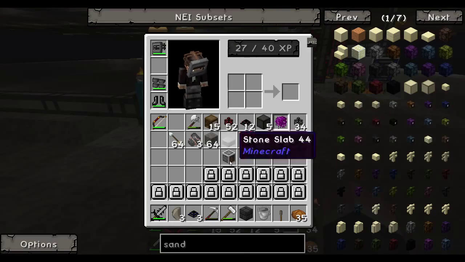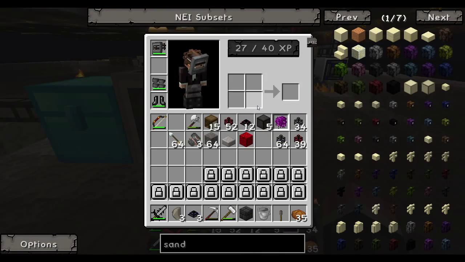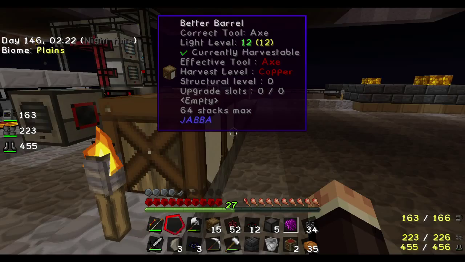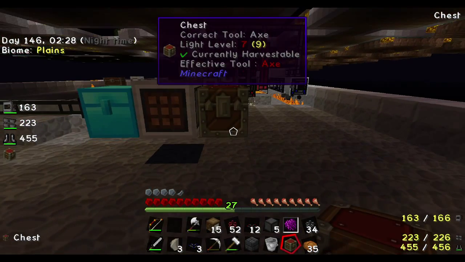And then you want your auto packager, which is here. Put that like that, and then on the other side of it, you need another chest, which I don't have. Let me go for it. Then you want your double chest. You can just put on the other side of this, like so. Now,